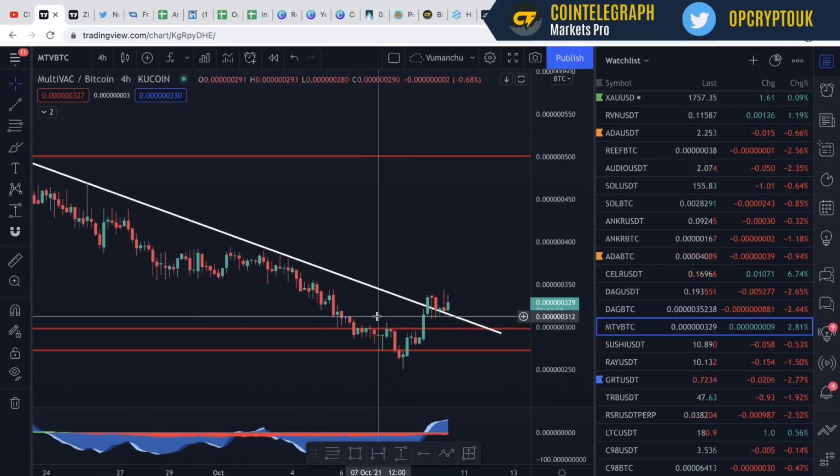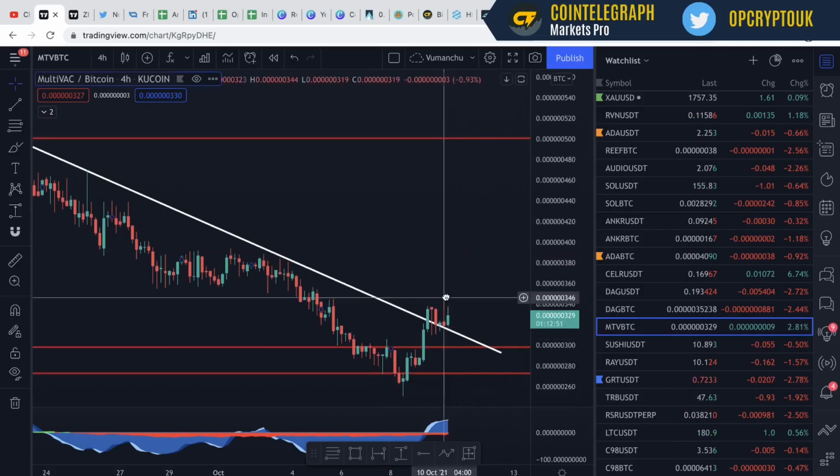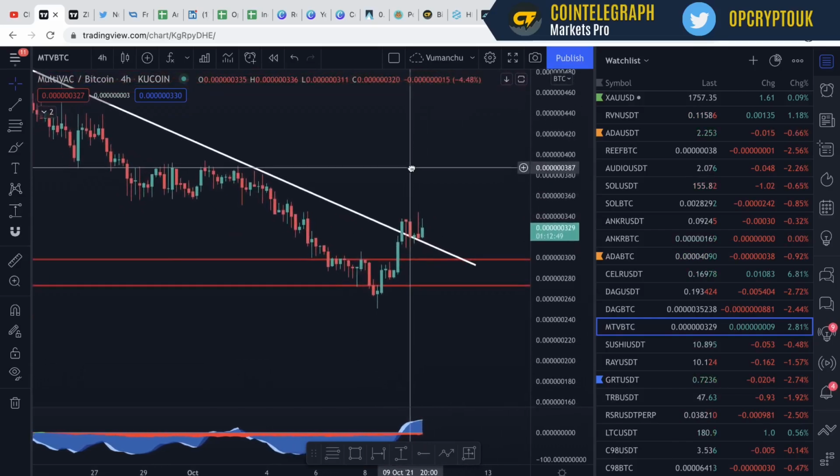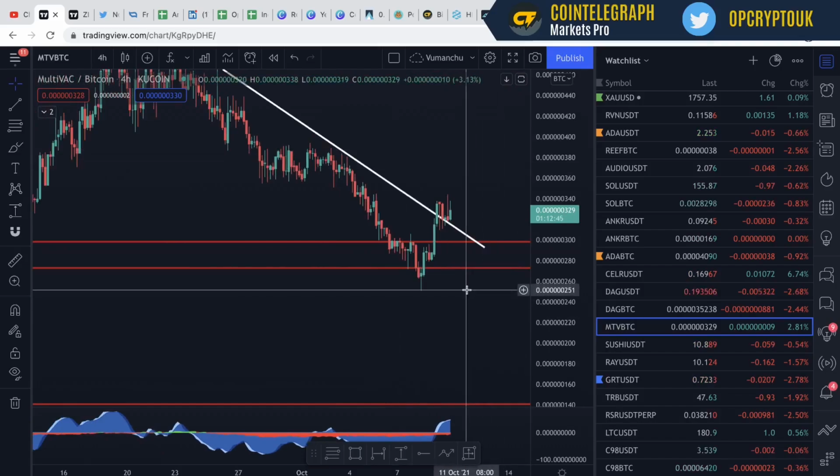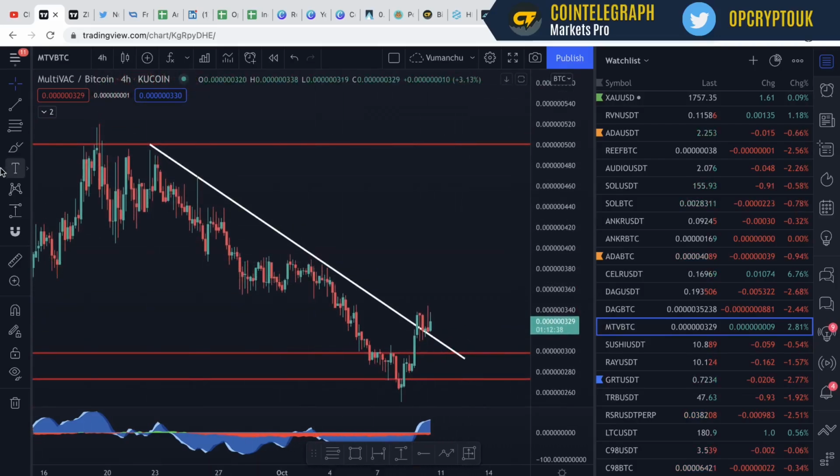Just be wary though, Bitcoin, I'm still expecting at least a 60k Bitcoin this month. If that does push on, Satoshis in any altcoin pair will get butchered. So if you're looking for buys, I'd still target the bottom here at 250 sats. I think that could be a decent area for you to potentially load up. And if you're looking to take profit, I mean, this area here,